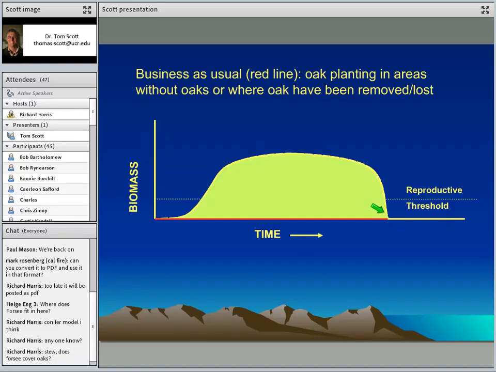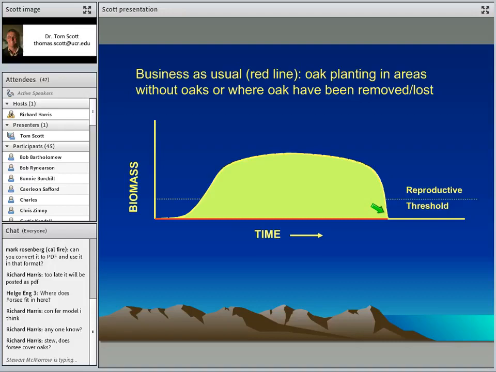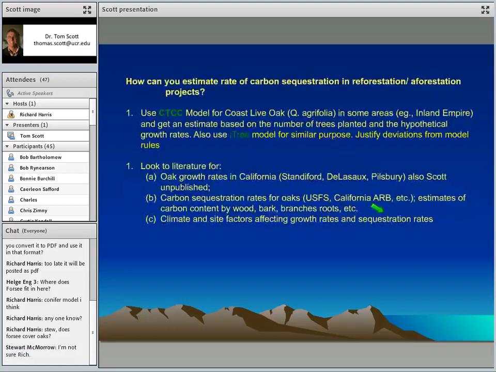So then this green area becomes the amount of carbon that you're going to sequester in a tree over time. This is probably one of the easiest ways to imagine it, and it's one where you may not have precise models, and the models that we have are going to be ballpark and not necessarily completely accurate. But at least with the data that's been collected by Rick Staniford and Norm Pillsbury and Mike Delasso and some others, we think we may be able to give you numbers that you could at least massage to say that this is our expectation for what we will get if we plant a number of trees and then watch the carbon accrue over time.